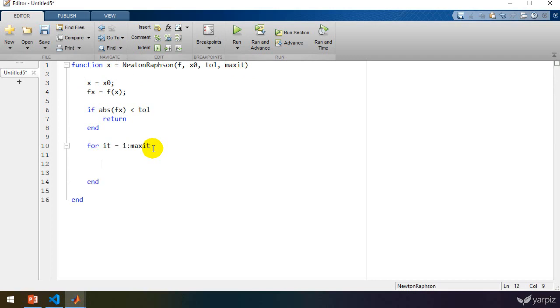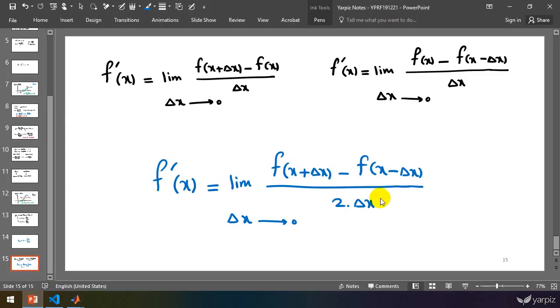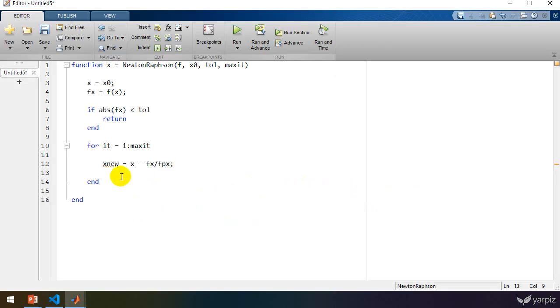And let's define the next point suggested by Newton's method. X new equals x minus f of x divided by f prime x. And similar to Python and using this limit definition of derivative, I'm going to create a function which evaluates the function derivative at a given point. So I'm going to add another function in this script, in this file, and it returns, for example, df divided